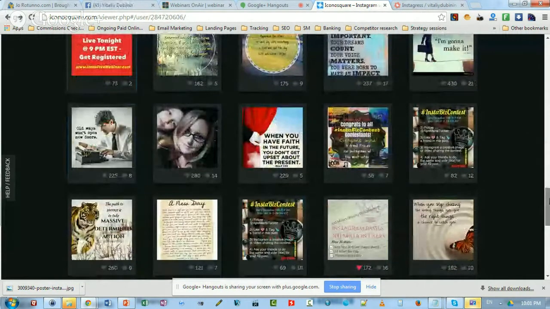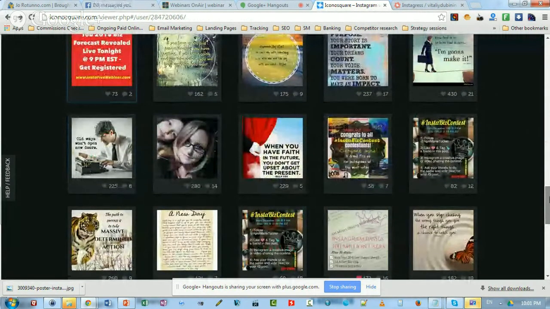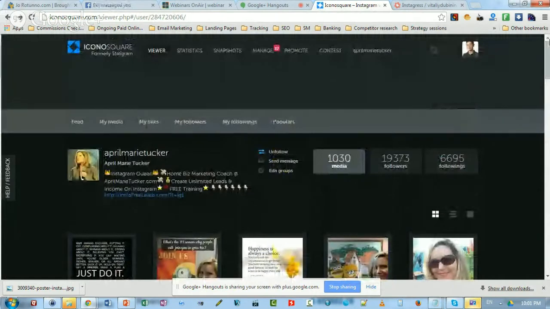Now, once you start doing all of those types of posts, you want to interact with your followers. You want to see who is following you most, and you want to send them private messages. You can even shoot a video directly to a follower, saying hello and reaching out. You can easily do that.